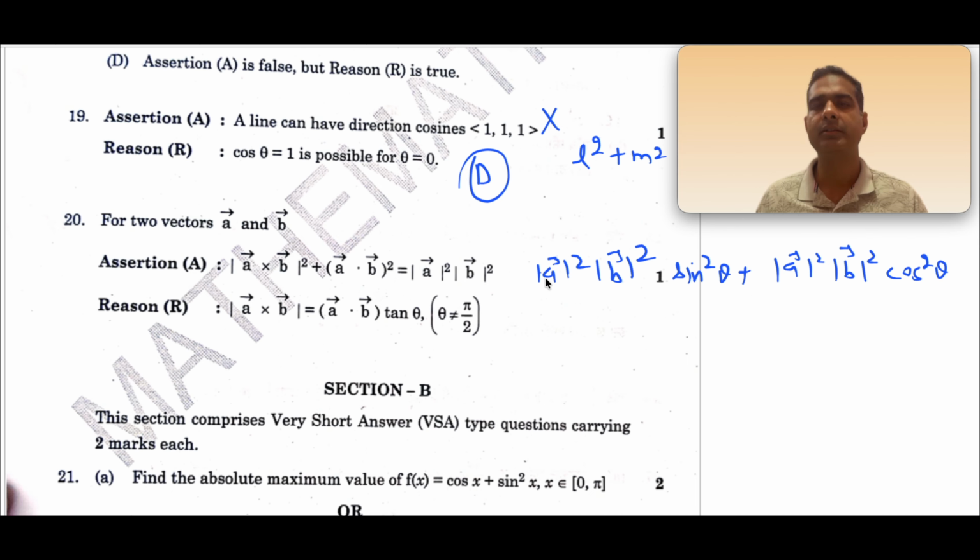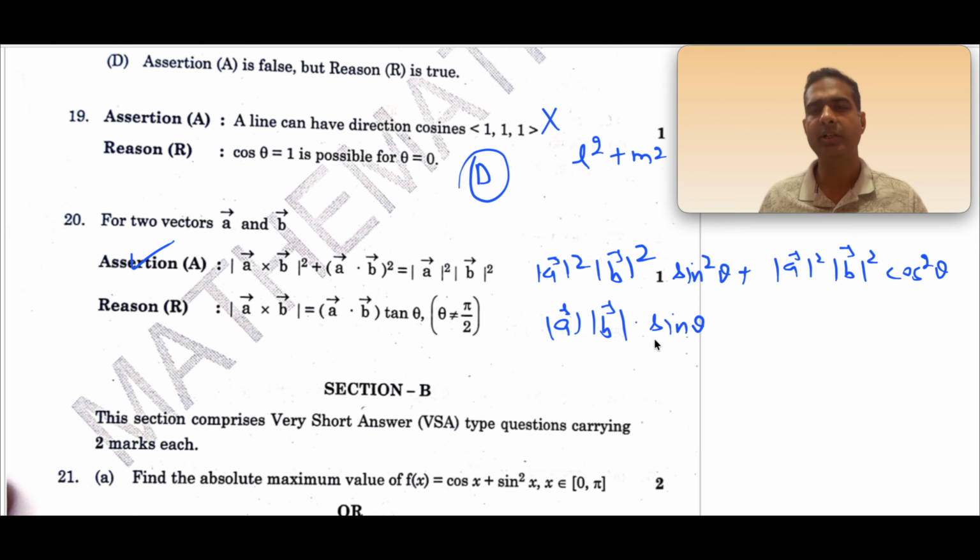So if we take mod A square, mod B square common, it will be sine square theta plus cos square theta, and that is equal to 1. So assertion is correct. Now reason is mod of A cross B is equal to mod A dot B tan theta. So let us check this. So mod of A cross B will be what? Mod of A, mod of B, and it's a cross product, so sine theta,